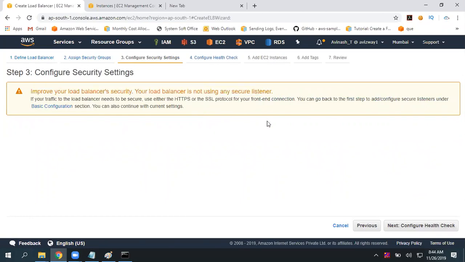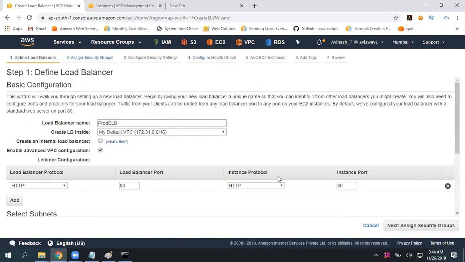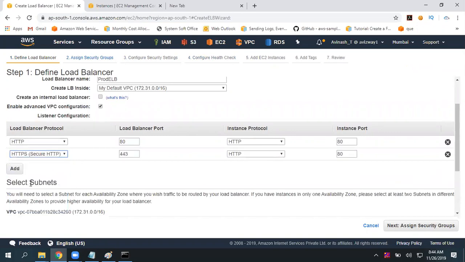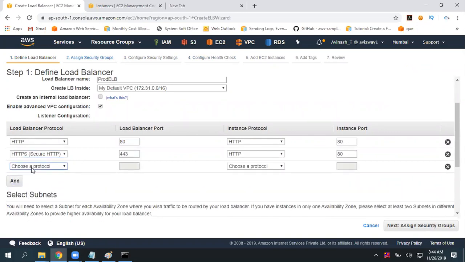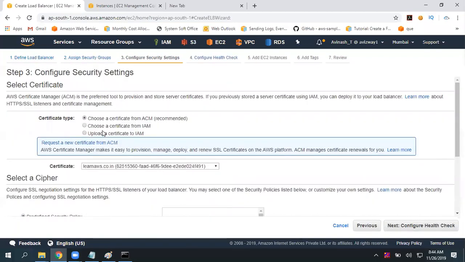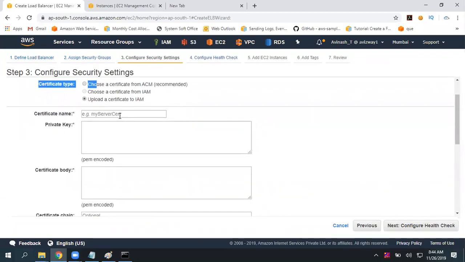Then click on next. As I have not opened port number 443, it is going to give a little warning. If you open it, you can improve some security settings. If you open it, it will ask us to select SSL along with HTTP. I'm going to select HTTP, or you can even select SSL. When I click on next, see here, choose a certificate from ACM. What is your certificate name?